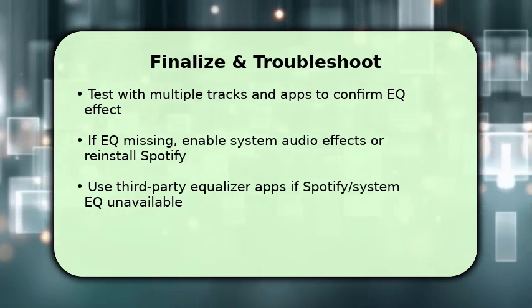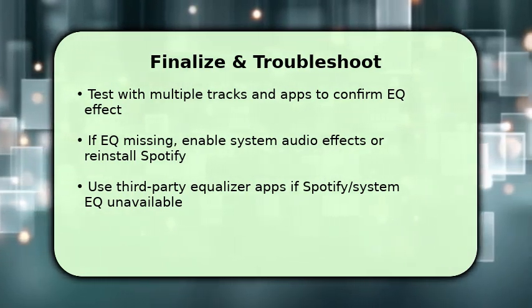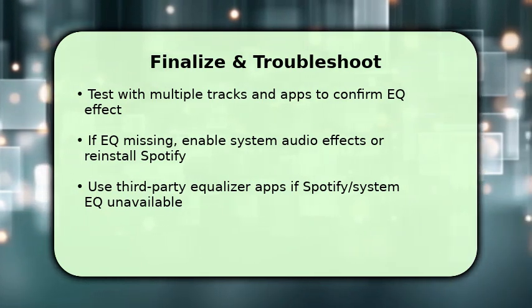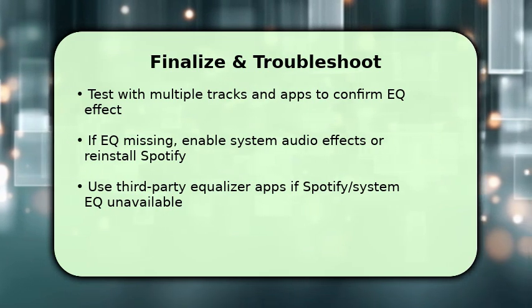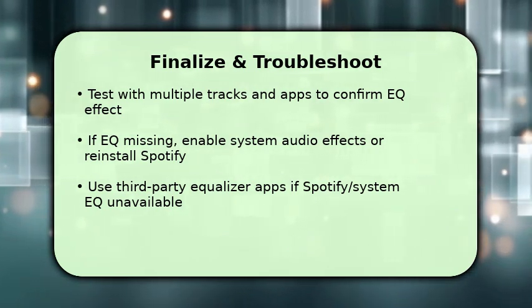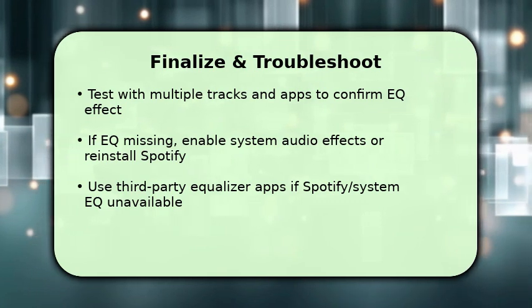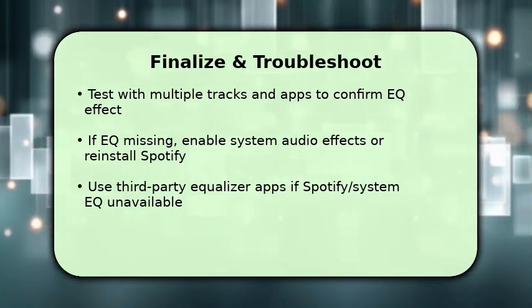If you don't see an equalizer, open your phone's sound settings to enable audio effects or reinstall Spotify. Some Android skins hide the control. As an alternative, install a reputable third-party equalizer app and grant audio permission. If issues